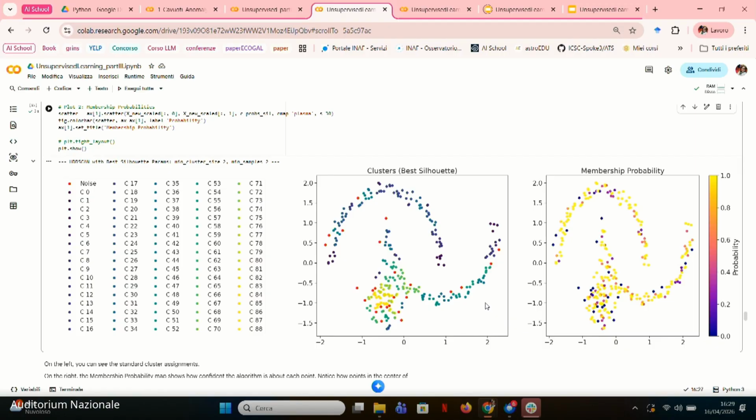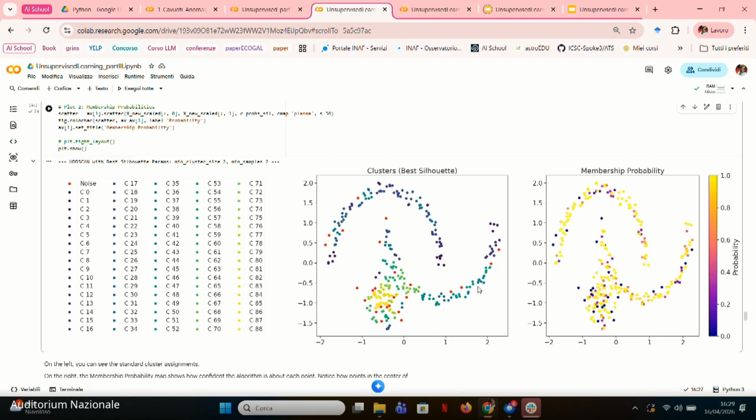And it is very useful because, for example, if we want to inspect what is happening to these points that belong to different clusters, why? And as you can see here, there is a